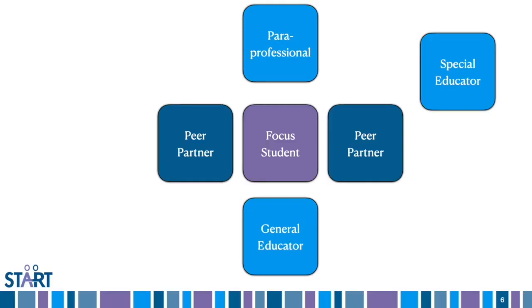And finally, related service providers can also have an indirect support role. You might have a speech-language pathologist identifying critical social and communication skills that could be taught and reinforced by peers. Maybe a PT or an OT who can design supports to ensure that students have access to the materials and technology and activities that make up that class. Or even behavioral specialists who can work with teachers on positive support strategies that might be implemented in the classroom.